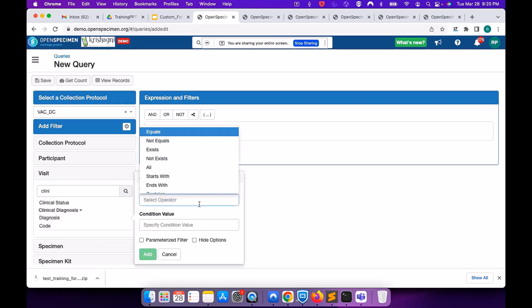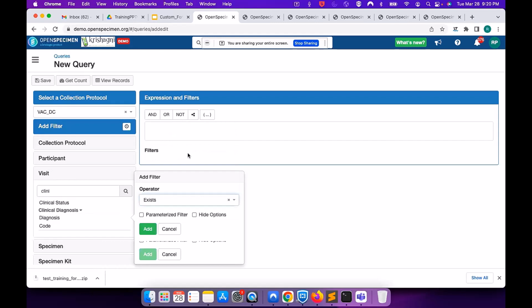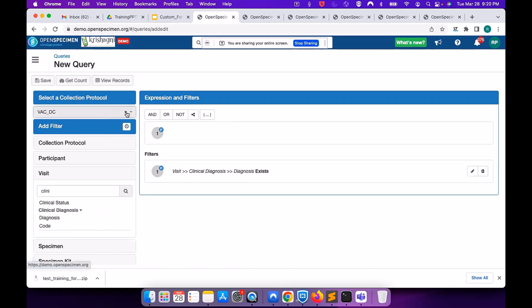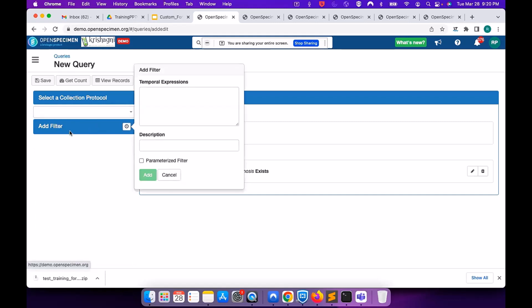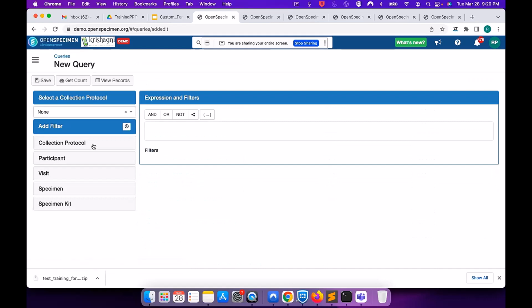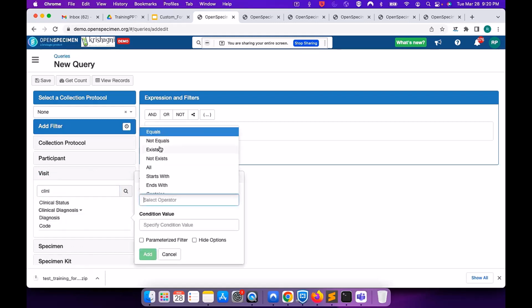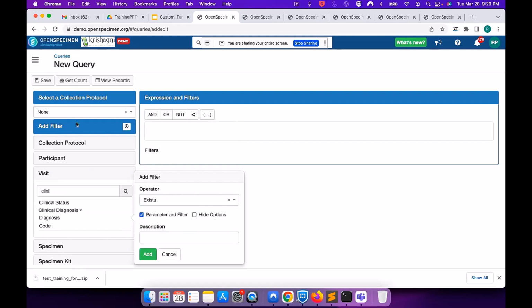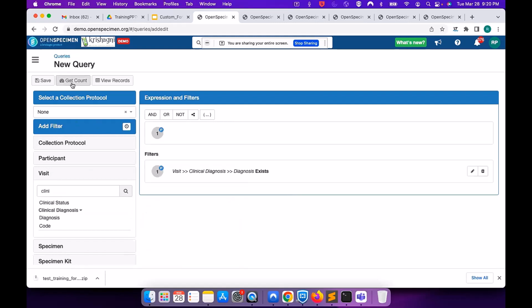I can choose any operator I want, for example exists, and use the parameterized filter. So I will click on add. Currently, I'm just removing this for now. Just a moment. So from the visit,